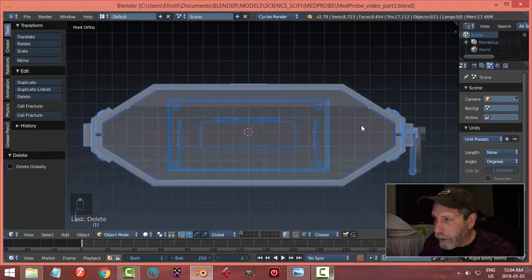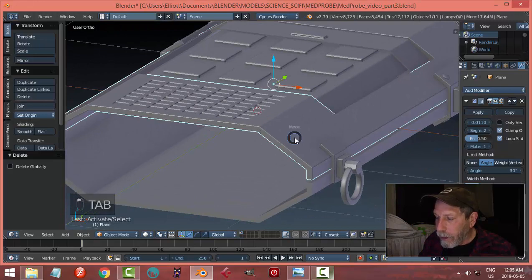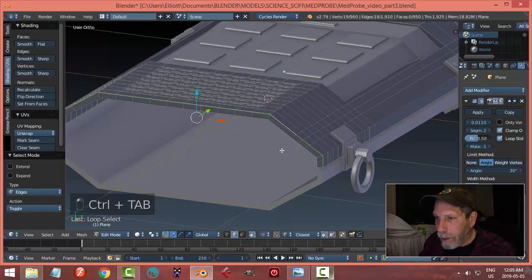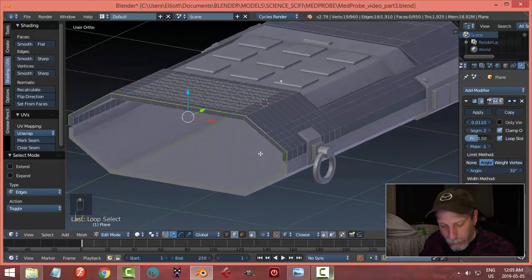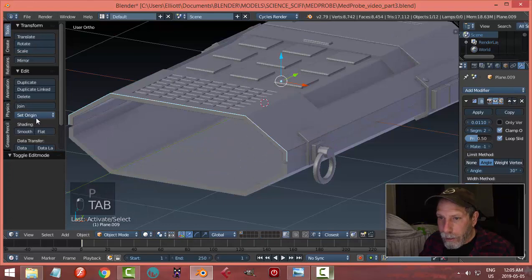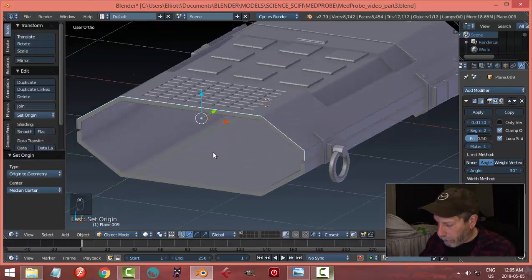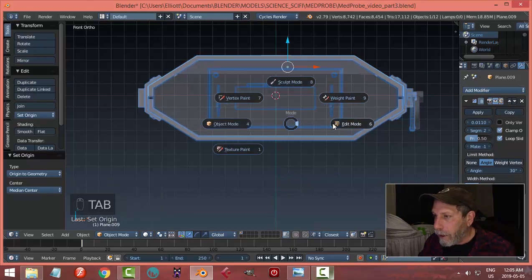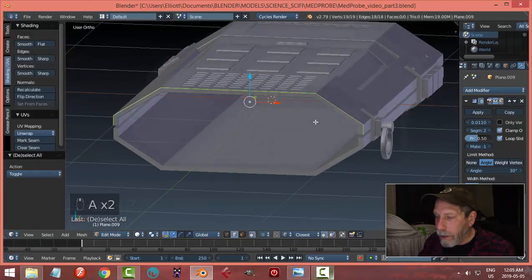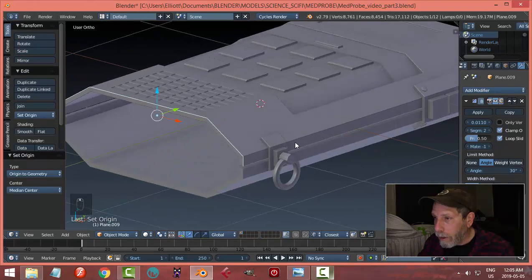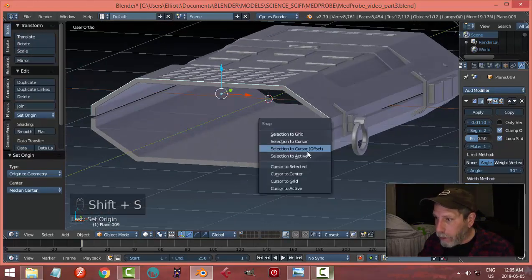So, alright, I'm going to select this part here, and in edge selection I'm going to grab this edge right there, Shift D and P, and break it out. And select it and set the origin of geometry. So I've got that piece right there. I'm going to go into edit mode and select it there, and we'll set the origin of geometry and Shift S, cursor to selected